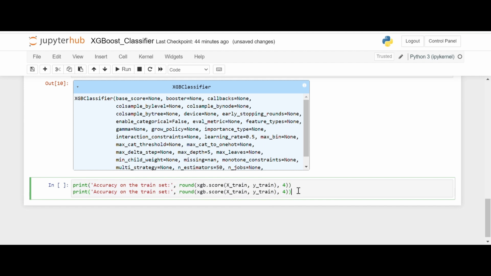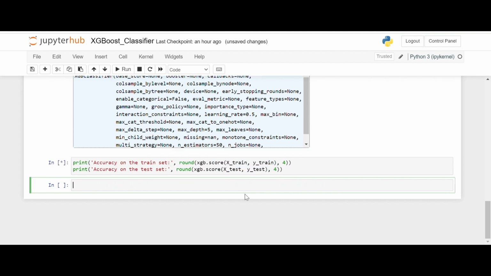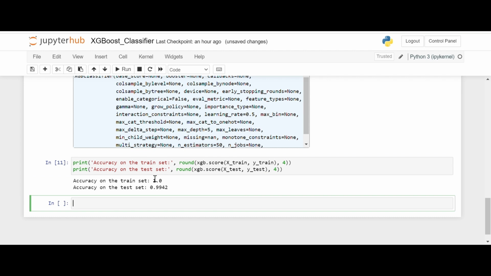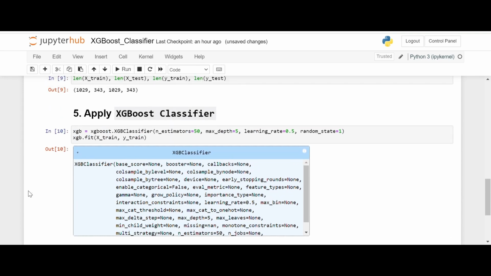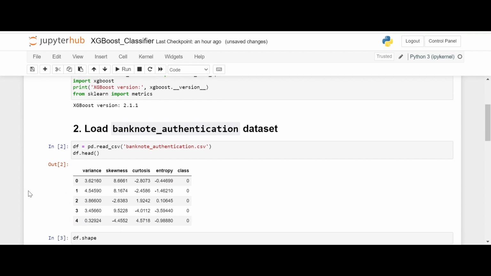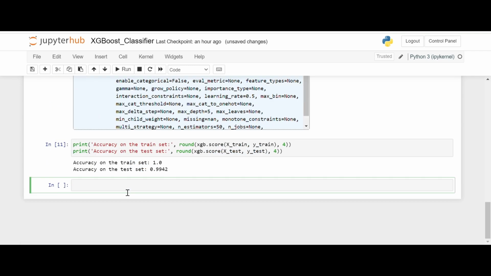We can check the accuracy on the test set. Oh, so the accuracy on the train set is 100%, and the accuracy on the test set is almost 99.5%. So I think this algorithm is a little bit too powerful for this dataset. Anyway,